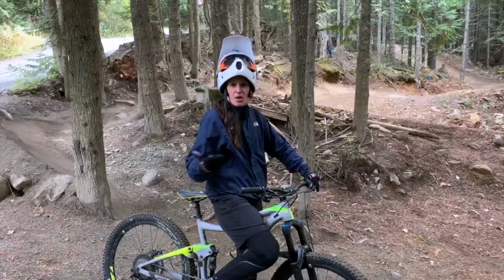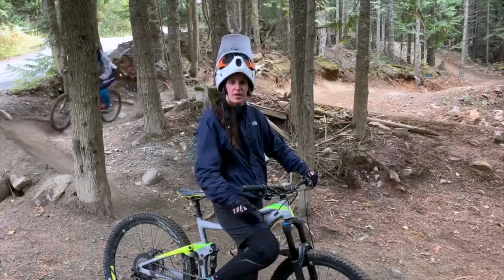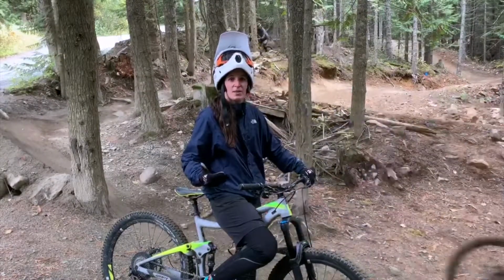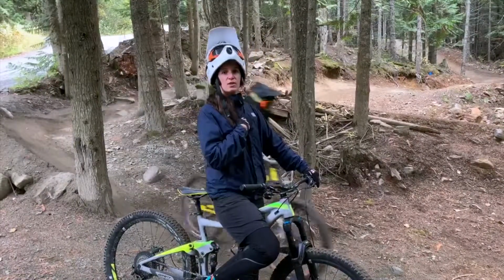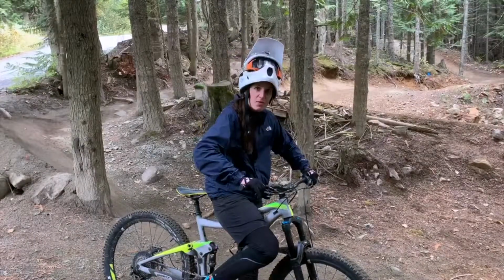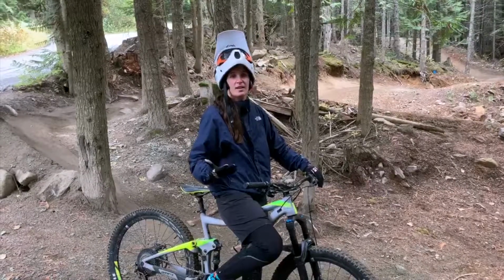After mountain biking, or riding in general, a great thing to work on is your hip flexors, so stretching out your hip flexors because they've been in this bent position for the whole ride. Another thing I like to work on is back extensions. Because you're in this forward position all day, it's good to do things like cobra. You can do back extensions over a foam roller to try and extend your back because you've been forward for the whole time. If you have any real injuries after biking, it's a good idea to get a physiotherapist to